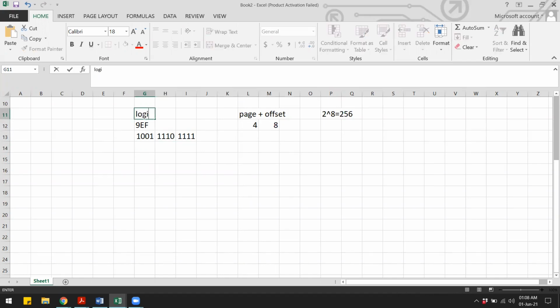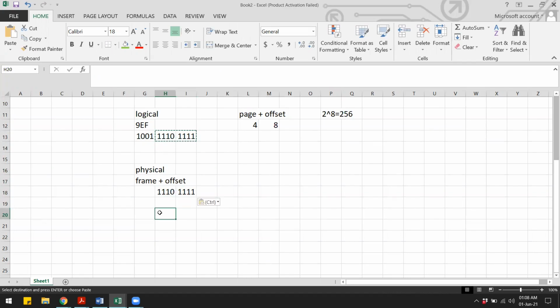So this is the logical address or the virtual address. And in the physical address, again, there are two parts. The first one is the frame number and the second part is the offset. So we know that the offset will remain the same. So this part will come here, that is the 8 bits from the virtual address. And for the page number, we will convert that to the frame number and bring it into the physical address.